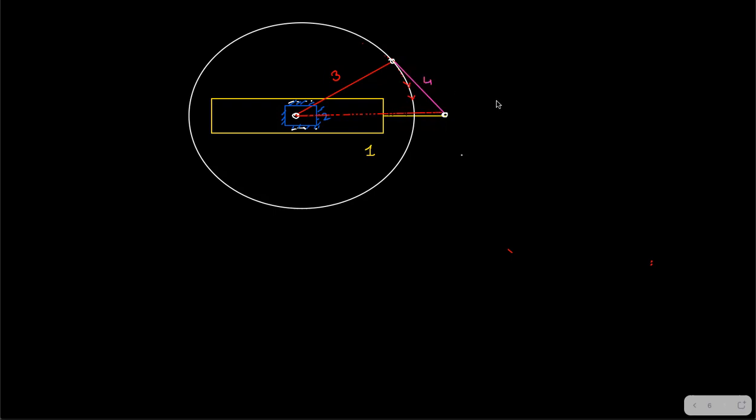Link 4 has to go in a straight line. Okay, let me draw even the yellow link's straight line. Yellow link also has to move in a straight line because it has no other choice. So as the pink link is coming, as the red link is rotating, and as the red link has come